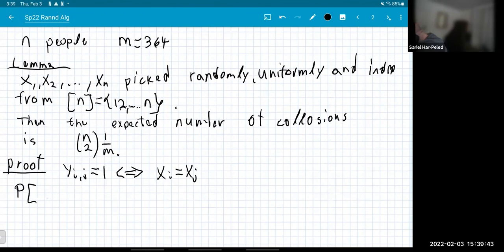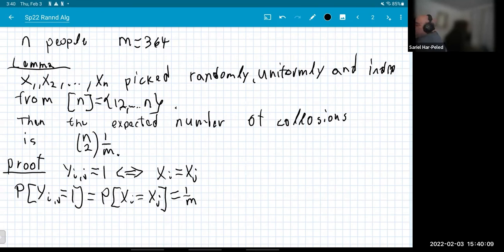So the probability that yij is equal to 1 is equal to the probability that xi equals xj. Well, we do the regular trick, right? We pick xi and then we pick xj. We can pick them in any order we want. And if you do this, the probability that xj collides with xi is 1 over n,